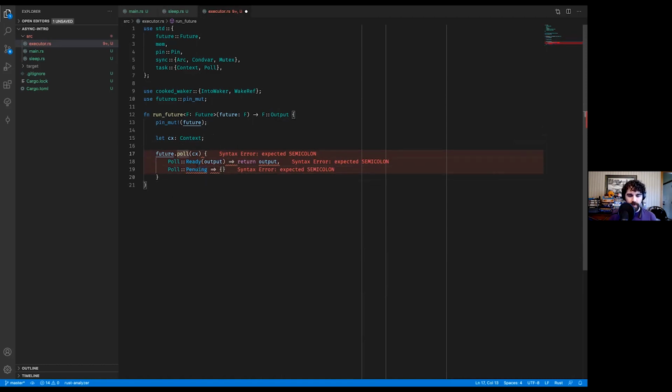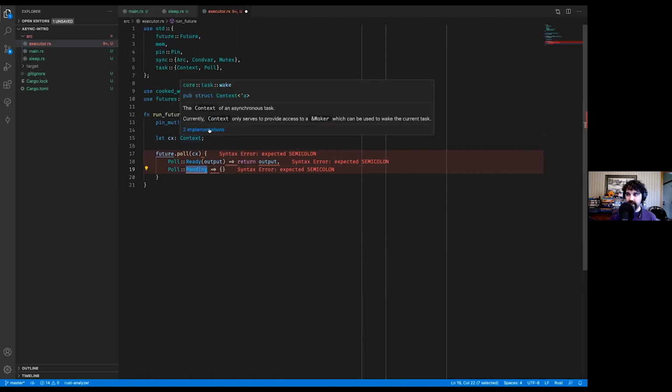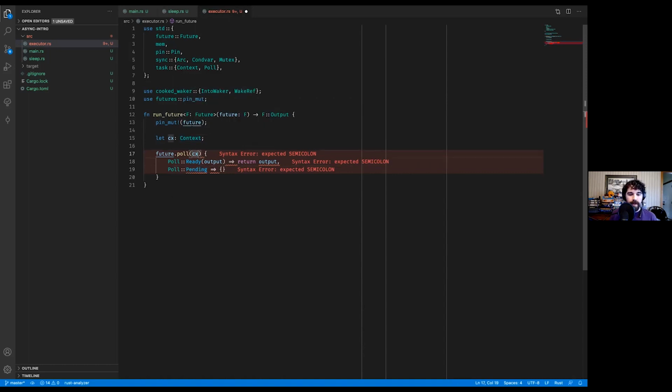When this poll returns pending, we're not providing a runtime here, right? We're not providing sockets or timers or anything like that. We are just running this future. This future has promised us that when it returns pending, it has arranged for the waker inside of this context to be called when it wants to make more progress. So all we have to do is just block the